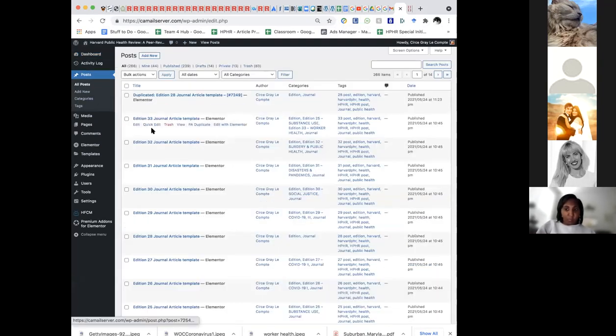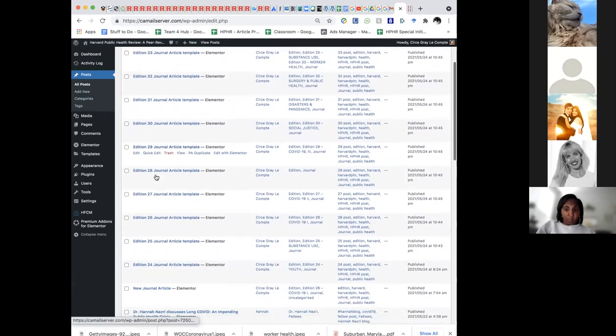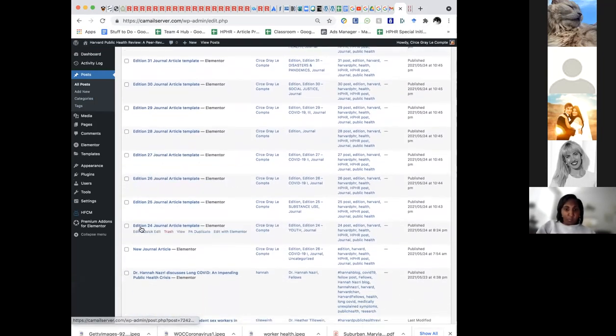And you're going to see right here in the roster a list of edition templates for your journal. So you can tell that this is not a template for the journal volume or edition itself, but for the articles within it. And that's exactly what you want. What I recommend doing is hitting duplicate,